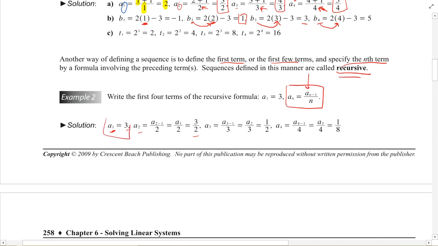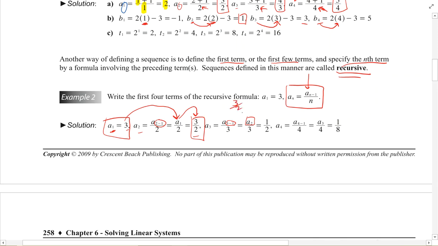That's the very first value that's given to you. Okay, and then for A2, you're going to substitute in the A1 value, because we have our subscript 2 minus 1, and so we get 3 over 2 because A1 is the number 3. For A3, again, you do your subtraction here, you get A2, and you know that value, you found it right here. So that gets substituted in up top, and what you're going to get is